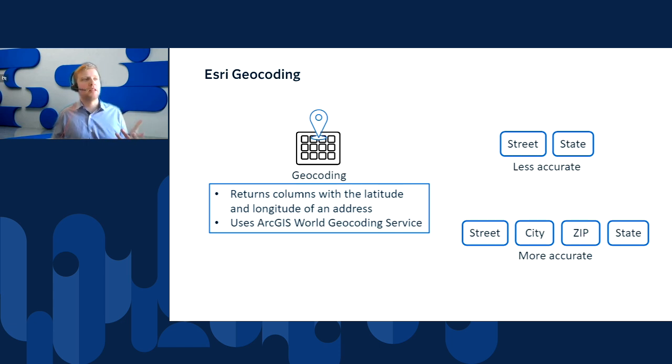And this sort of makes sense, right? If we were to say, let's geocode the address 123 Main Street, that could be any number of different locations in any number of different cities or states across the country. But if we were to say, let's geocode the address 123 Main Street, Cary, North Carolina, then there's probably only one of those, because we've supplied those additional pieces of information to the geocoding service.